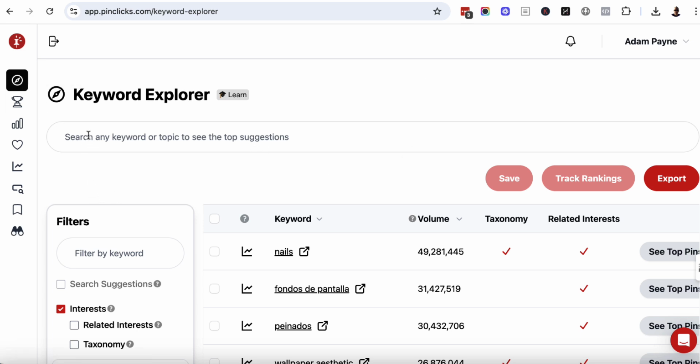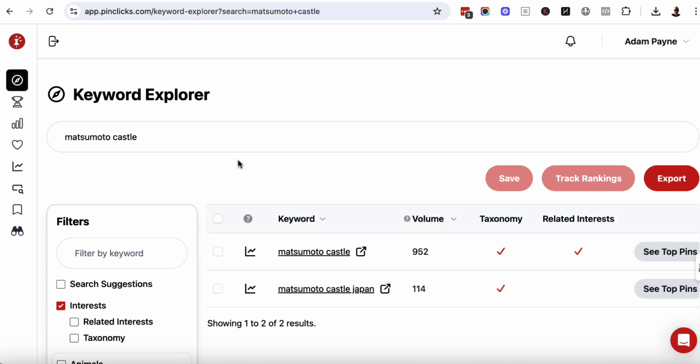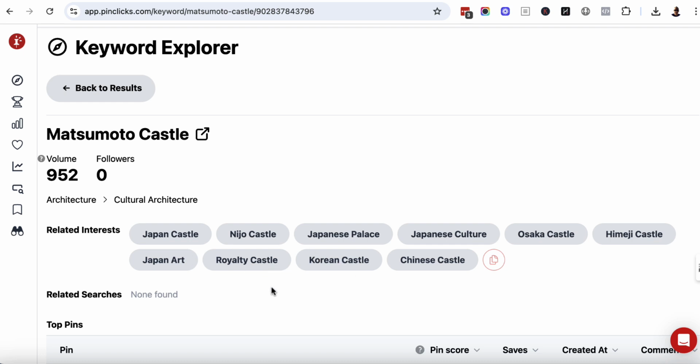Click on Keyword Explorer and just put your idea in here. It may or may not have any volume. We'll hit enter and we'll see. And we'll see we've got 2 options. We've got Matsumoto Castle and Matsumoto Castle Japan. So let's click on Matsumoto Castle and we are going to get some related interests, which are words related to